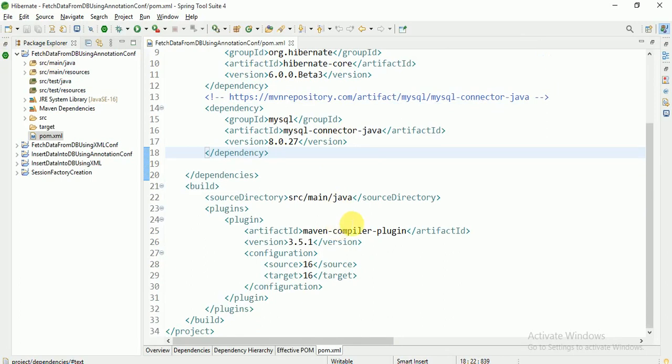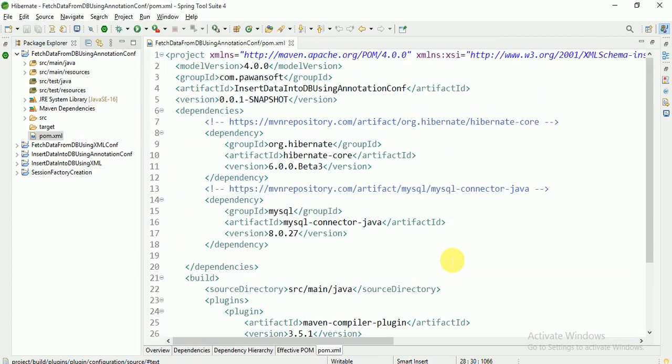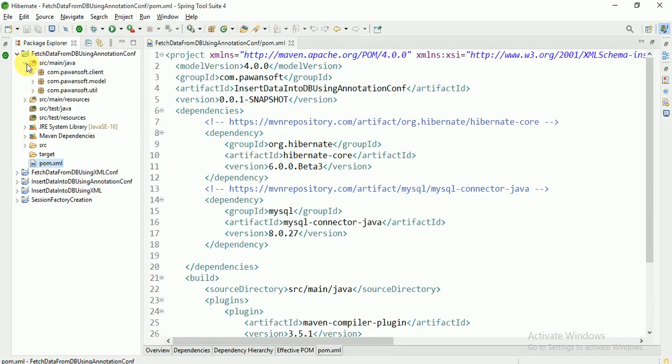Then in build, the Java source directory is src main java, and this is the Maven plugin with the configuration source Java version 16. You can see Java Standard Edition is 16. That is all about pom.xml.